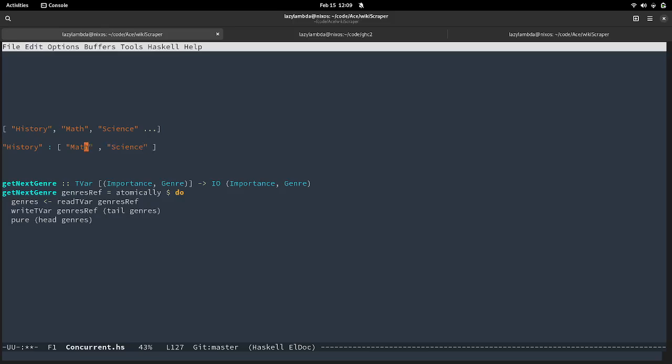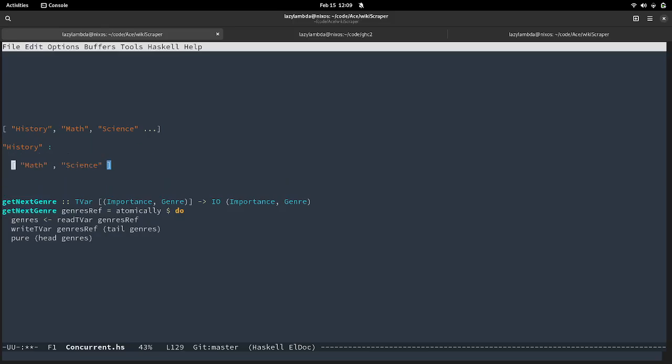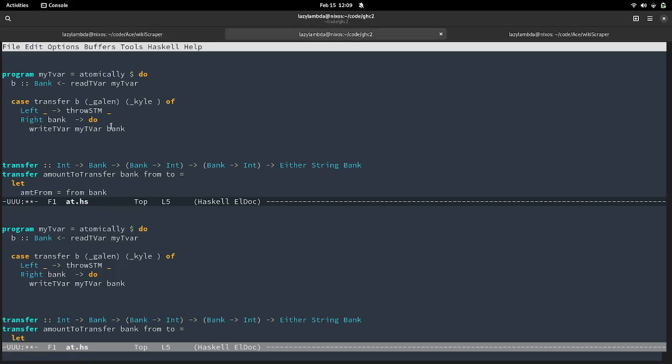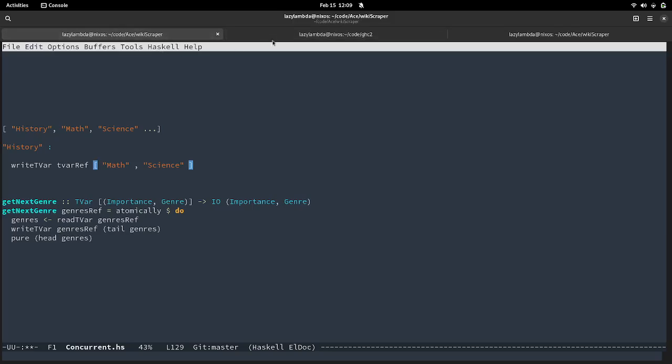Then it will return back to me the head, and then just write this to the TVar. That's actually a pretty simple example, but a real example. I'll admit, I definitely butchered this example here. But yeah.